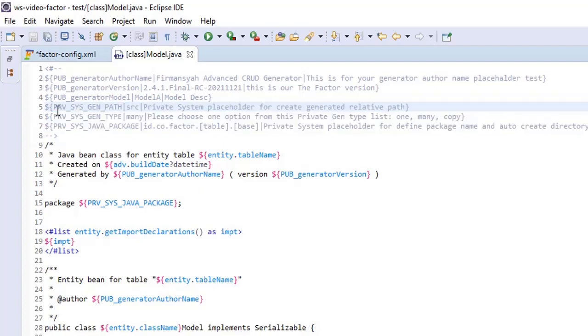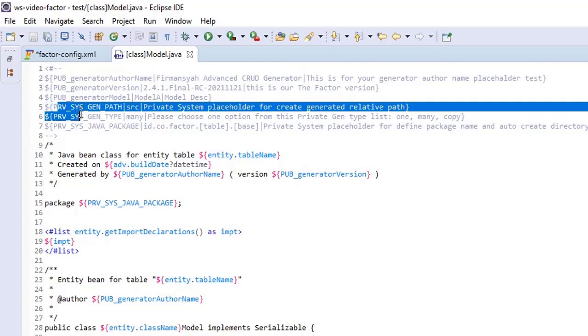Basically, we put a dollar sign and an open curly bracket first, followed by PRV and an underscore, and then SYS. This means it is a private attribute that belongs to a specific system, in this case our tool generator.